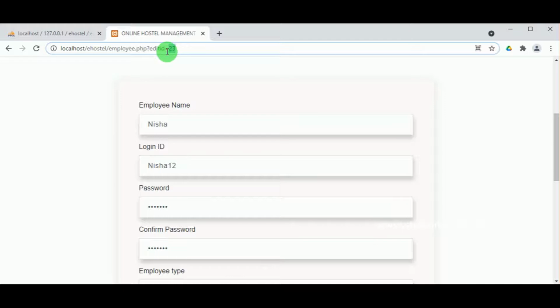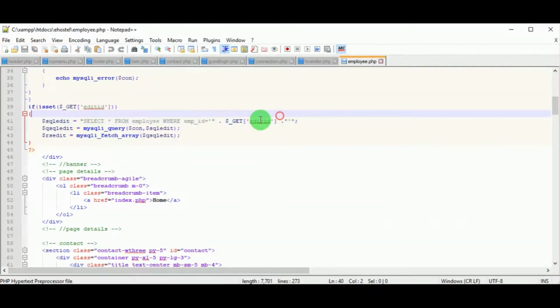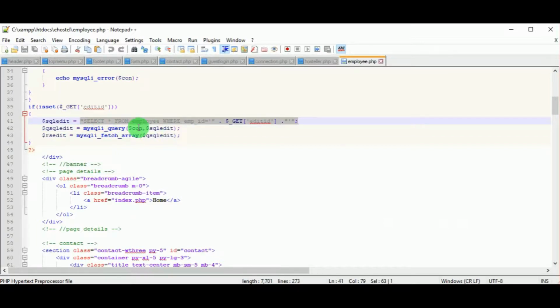So you can see edit ID 23, and we are using here select star from employee where employee ID is equal to 23. So for that particular data where employee ID is 23, that data will be fetched from the database using the MySQLi query function, and again the data is fetched and given to RS edit.